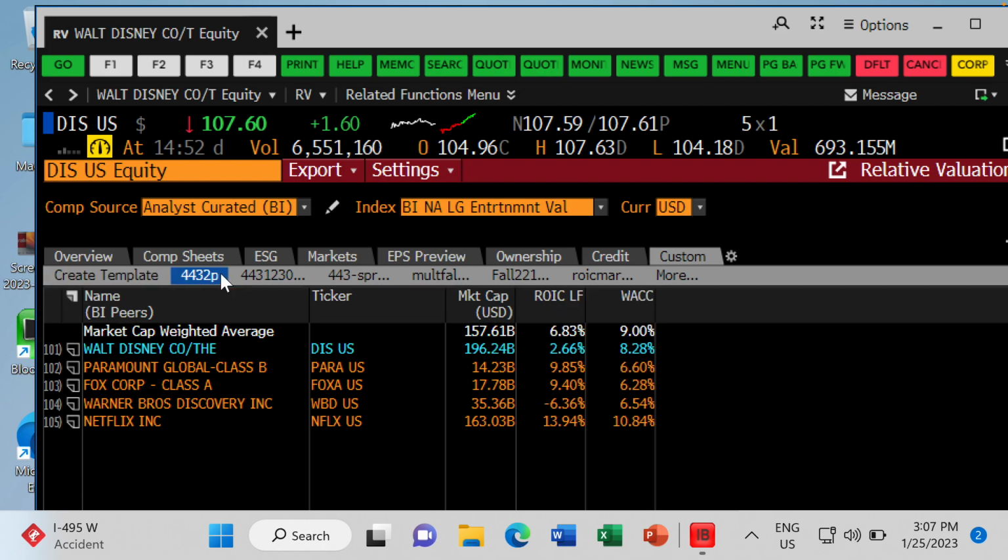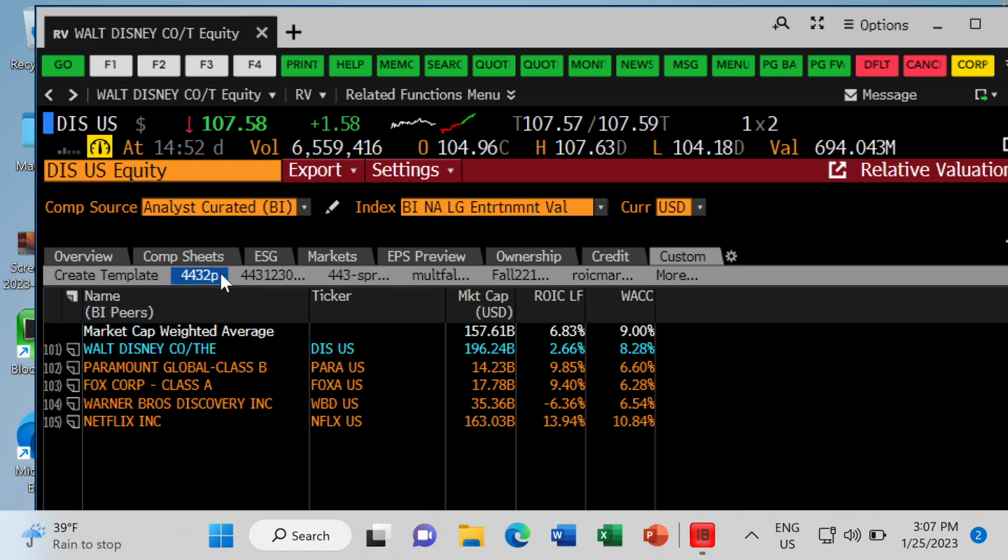So you'll be creating some of these templates throughout the semester, but this is the one you need for your homework 1. ROIC, latest filing, WACC, current. You're going to basically find an industry that has a negative spread. And at that point, you're going to take a screenshot. You're going to submit the screenshot, no 500-word write-up.